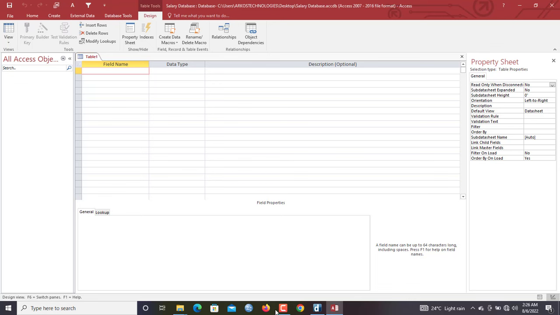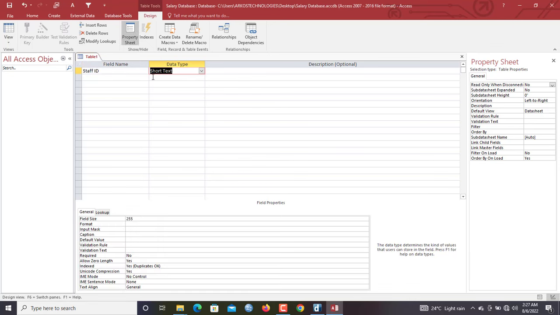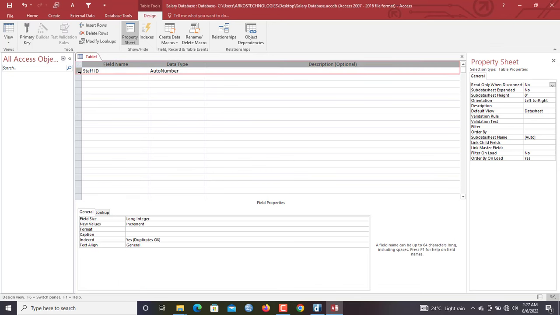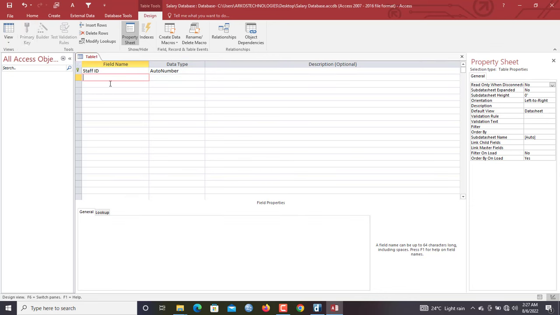Alright, so right in table design, there has to be a primary key. So here I will say staff ID. Then here I'll use auto number. So let us make this one a primary key as such. Okay, so then outside the staff ID, I'm going to say staff national ID,